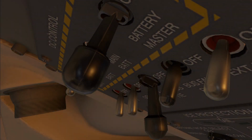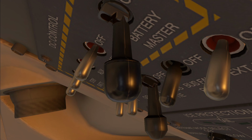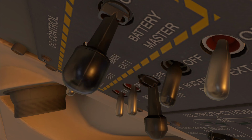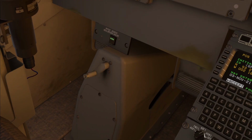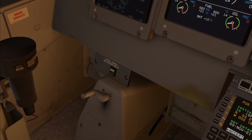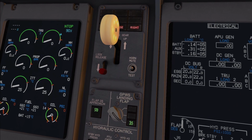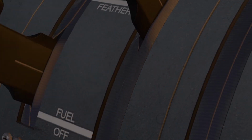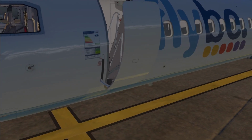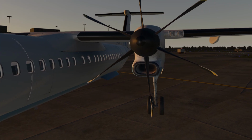Take a look at how these switches are animated. You can see that as a switch is flicked, it doesn't only rotate but also kind of gets pushed inward. The same quality of animation is present everywhere, ranging from the adjustable rudder pedals to the gear and the prop levers. By the way, just look at how the plastic separates as the levers move. Comparing this to aircraft of a similar price range, I think you'll struggle to find an add-on that has this